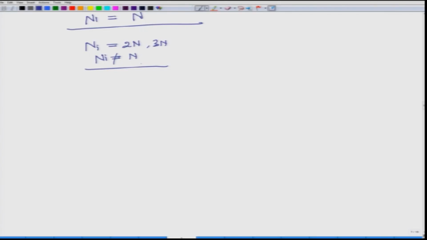Okay, so let's come back to where we left. Now there are two possibilities, like I said, where Ni is not equal to n or when Ni is equal to n. So let us first look at when Ni is not equal to n. You would see that x Frenkel pair, which is the fraction of Frenkel pair, which is equal to NFP by n, will come out to be Ni by n to the power 1 by 2.